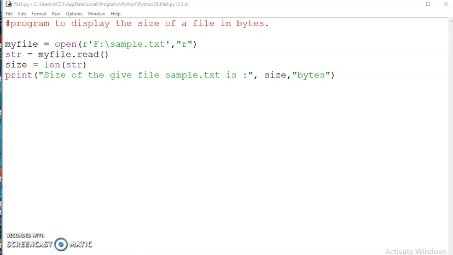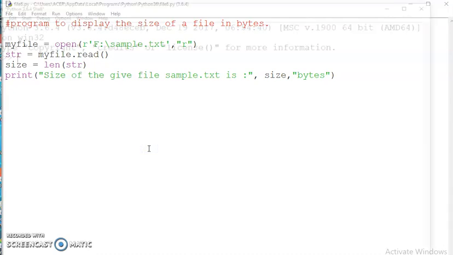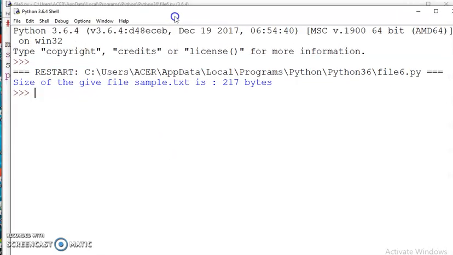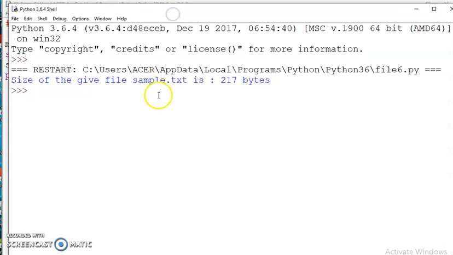So let us run the program. See, the output is: size of the given file sample.txt is 217 bytes. While running the first program, you noted that in our file we have 8 lines.